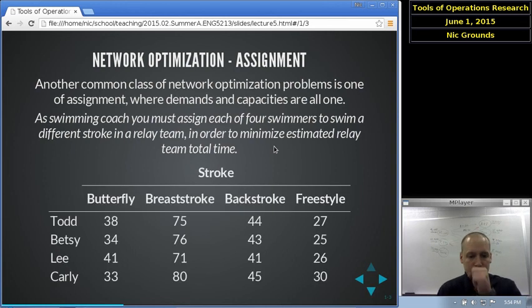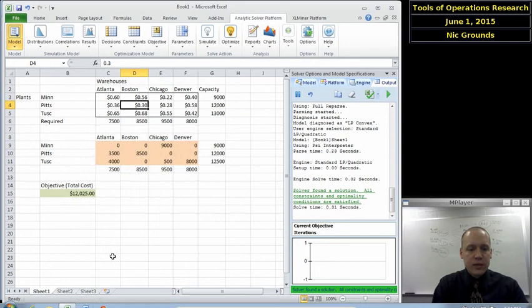So for example, here's a table of some example 4 swimmers and 4 strokes, and how long each swimmer takes to swim each stroke. So again, we're going to take this problem and represent it in Excel, although we can represent that as well in a diagram. So let's go to Excel,